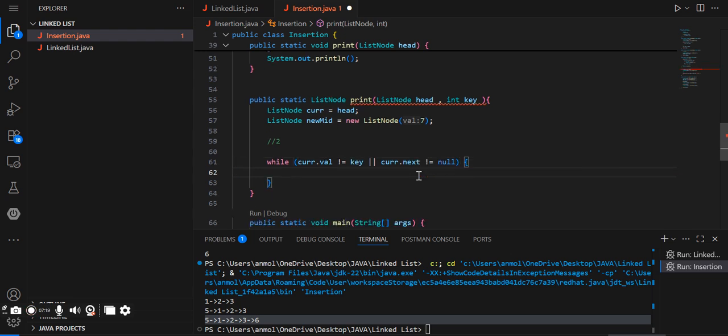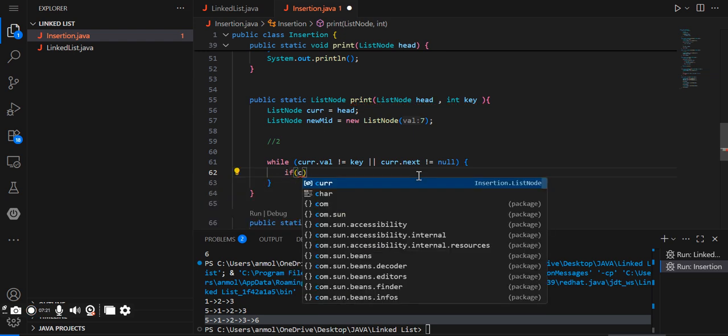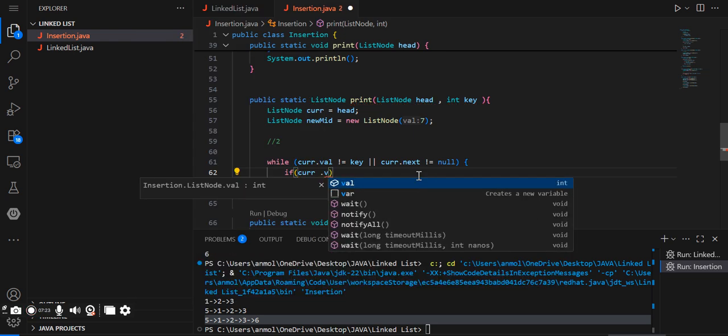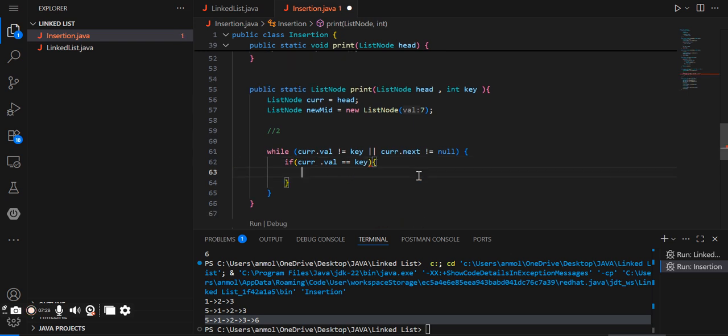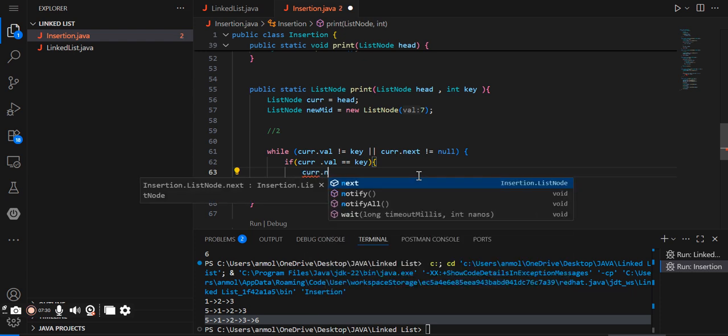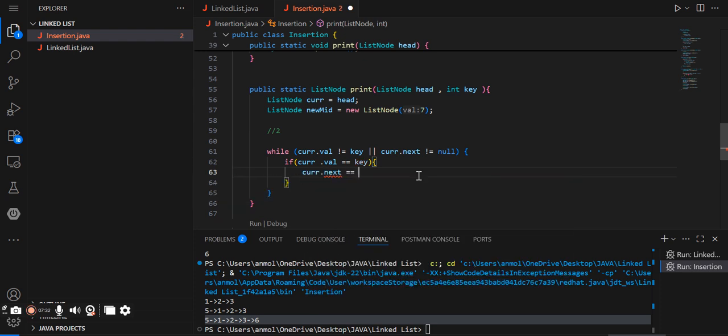Next, if current dot val equals key, then current dot next equals new mid. When we found our key, like 2, the next was the 3, the next was the 7, and that current dot next equal